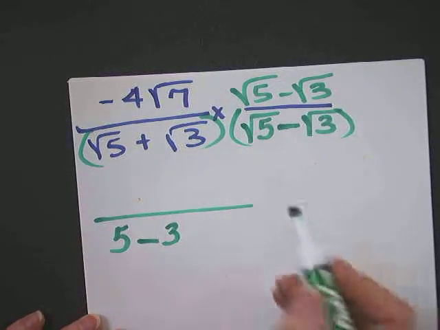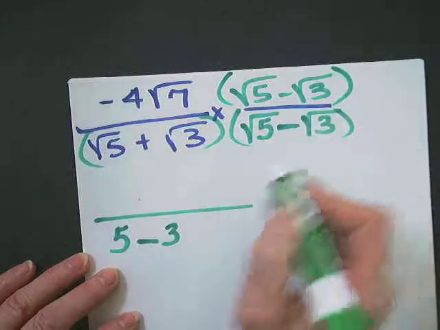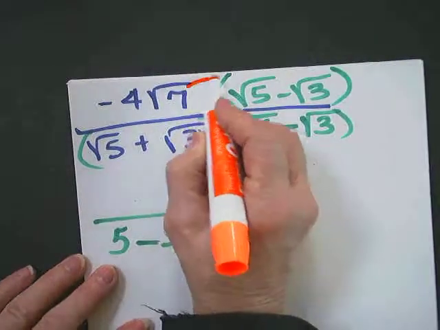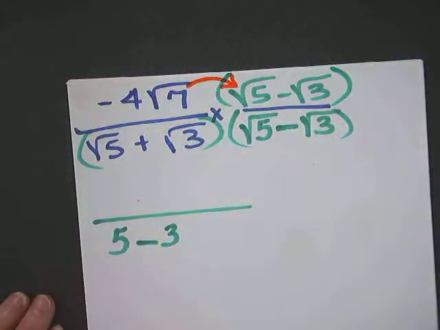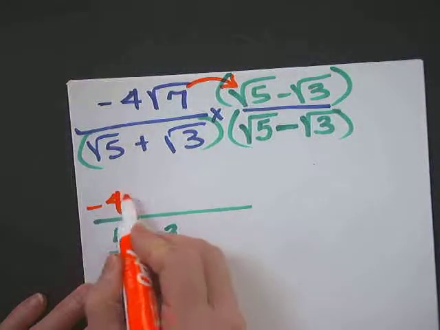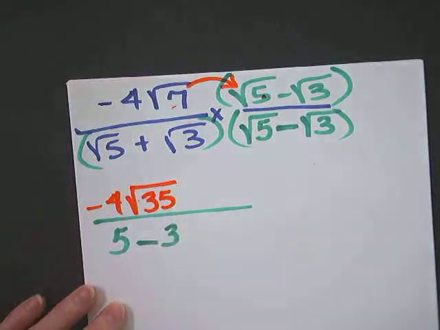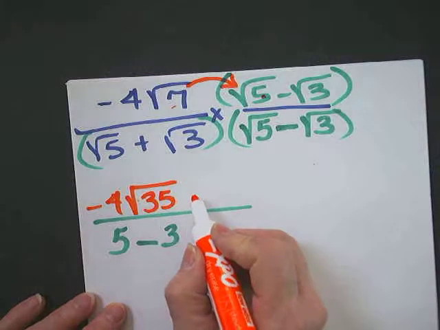Minus, leave it, change the sign. Okay, let's do the bottoms. This is a difference of squares. So we have the square of that, which is 5, minus the square of this,